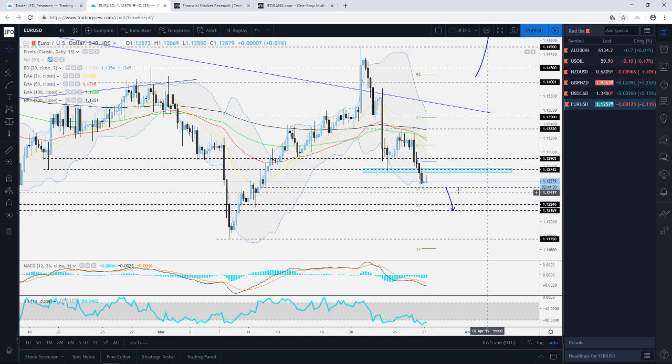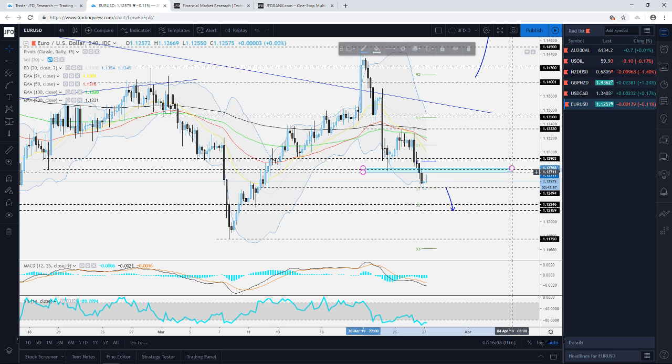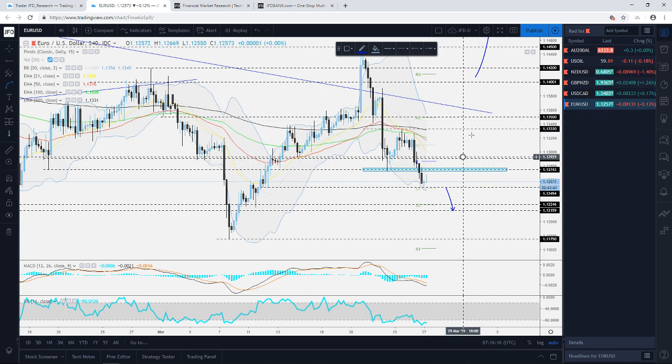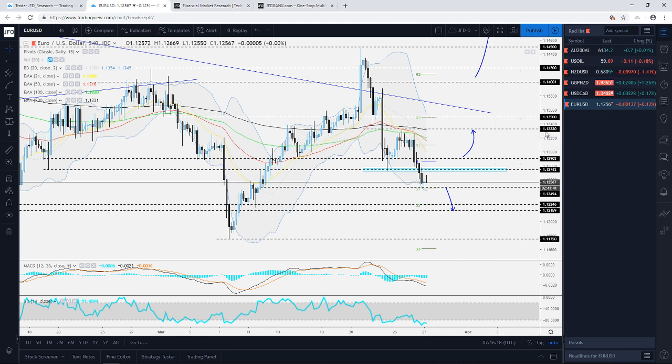So basically continue observing this level here, the 112.50. A drop below that could lead to further declines. And in terms of the upside, if this decides to travel back up above the 112.75, that's wonderful. But to be honest, for us, we would like to see a nice good pushback above the 112.90 level first, and then we could target slightly higher areas like the 113.30 or even the 113.50. But for now, this is where the pair is. Let's see how this is going to play out, and keep your eyes on these levels that I just mentioned.